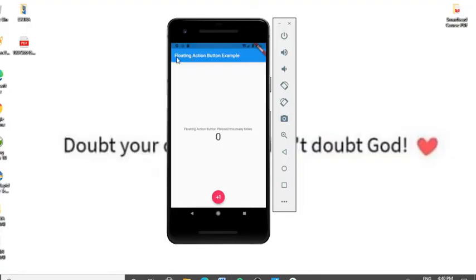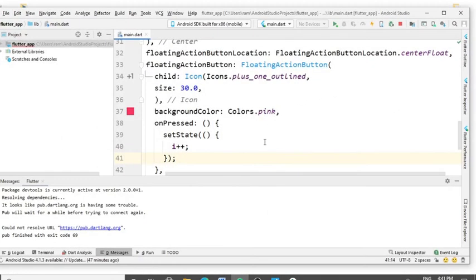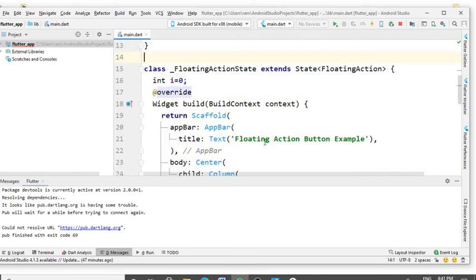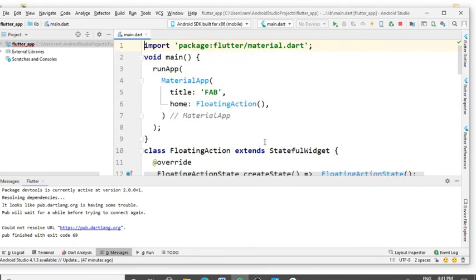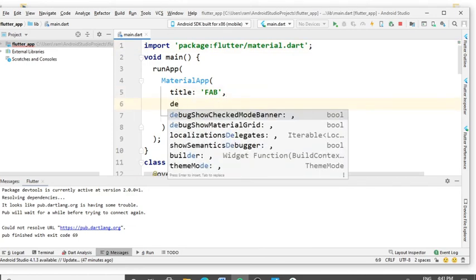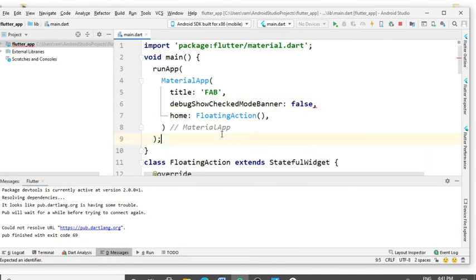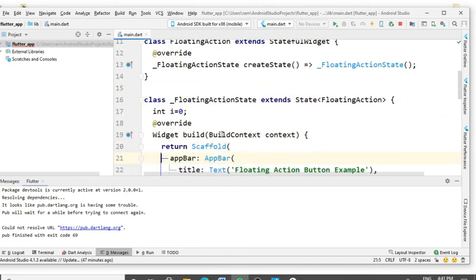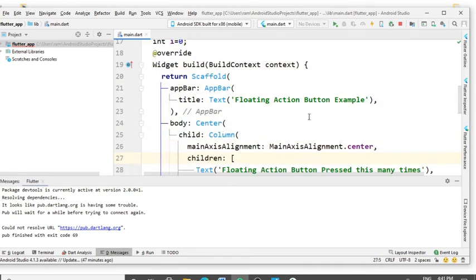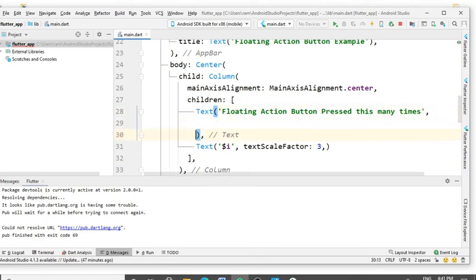Now I remove the debug banner and increase the size of the title. For the debug banner, type it here: debugShowCheckedModeBanner and give the value false. And for the title, give the comma here and type the style.